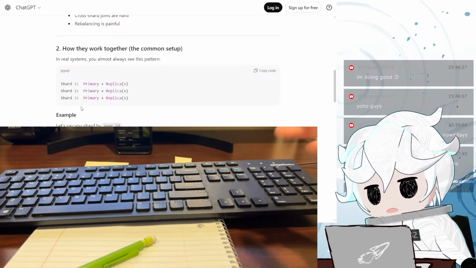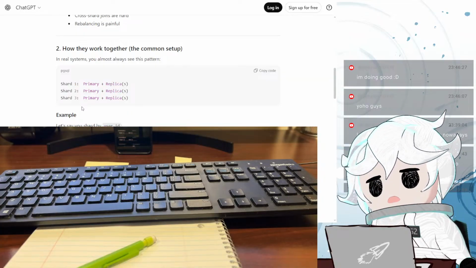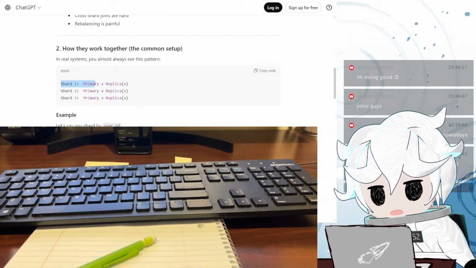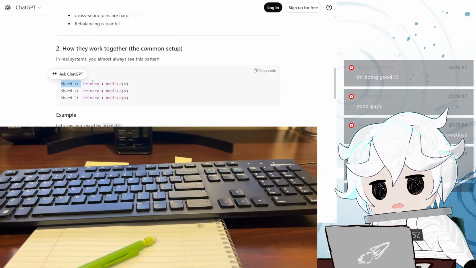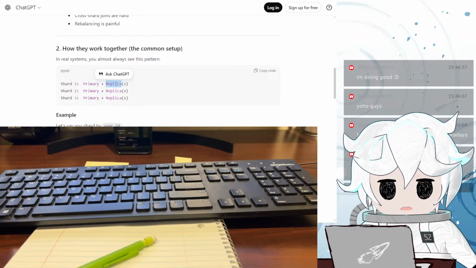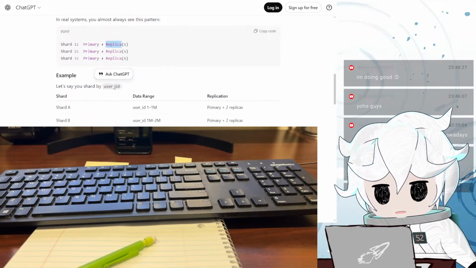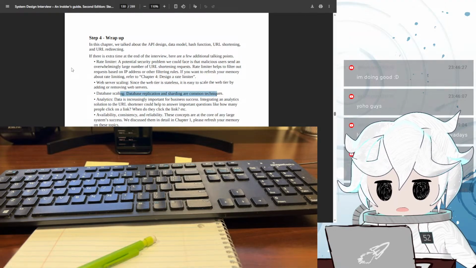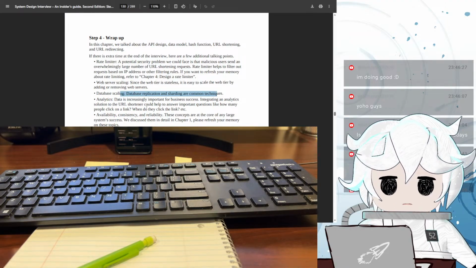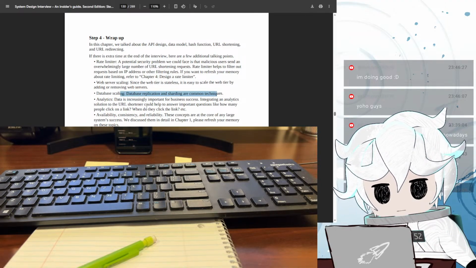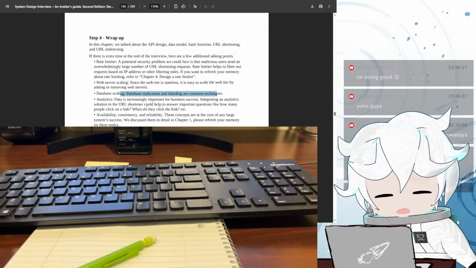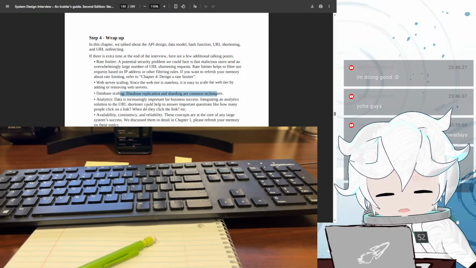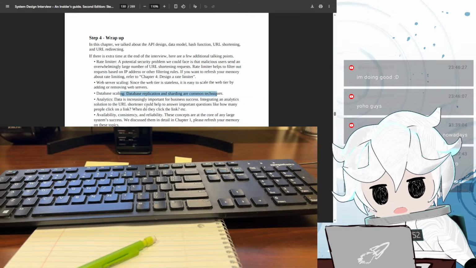How they work together: shard 1, I see. So shard 1 has its own primary database and its own slave replicas. I see, makes sense. So you basically shard first and then replicate. Yeah, how would replicating work and then sharding work?